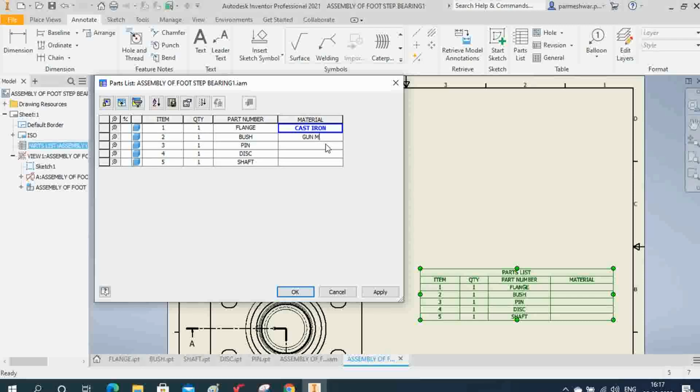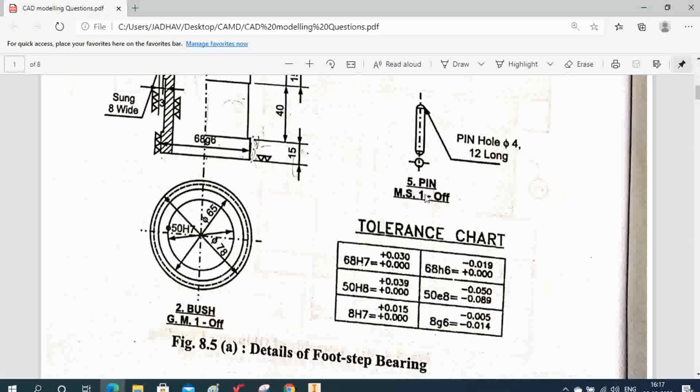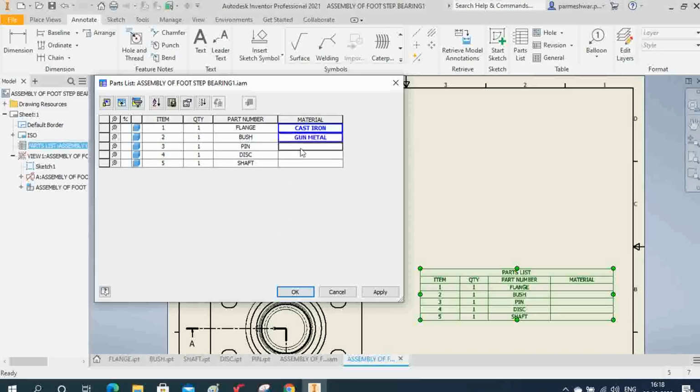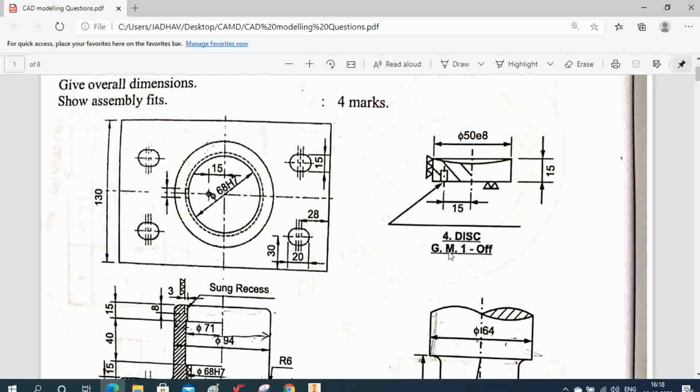gun metal, right? And next part it is pin. Okay, so you can see here the pin material is MS. MS means mild steel. For pin it is mild steel, right? What is next? It is disc, and for disc the material is GM again, that is gun metal.